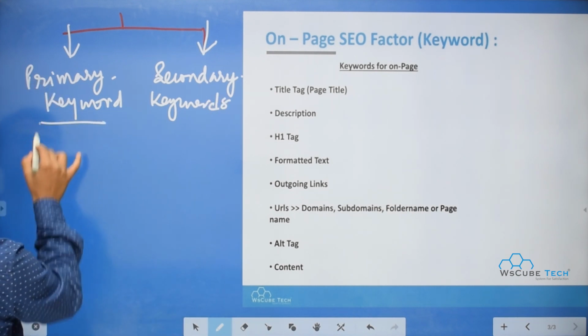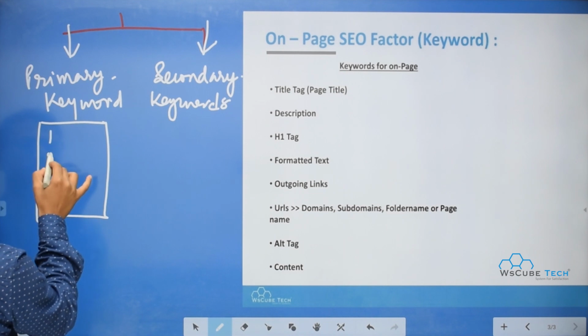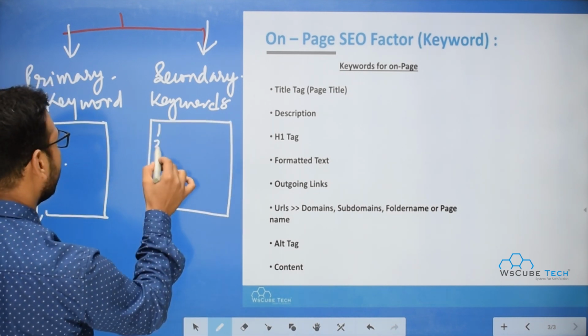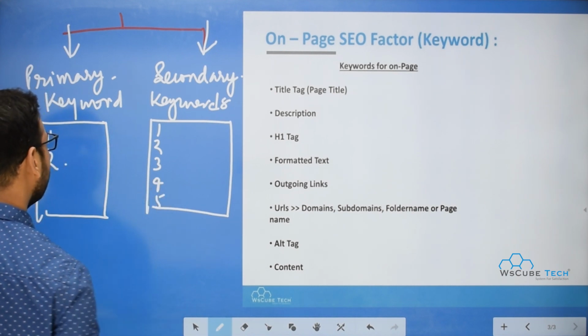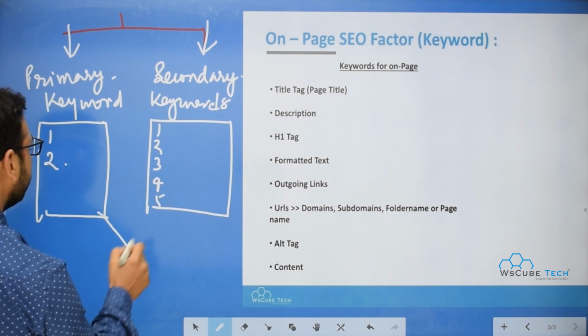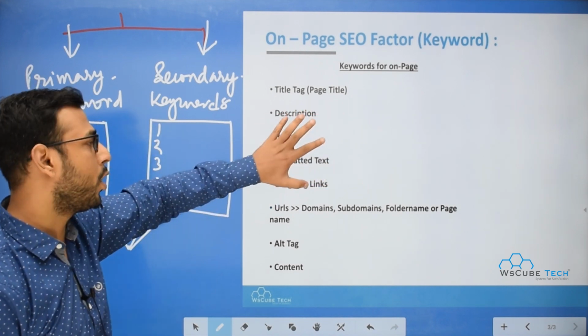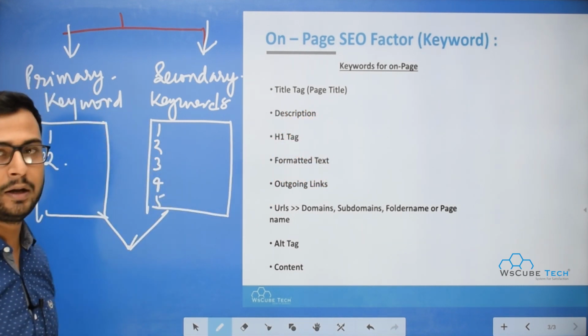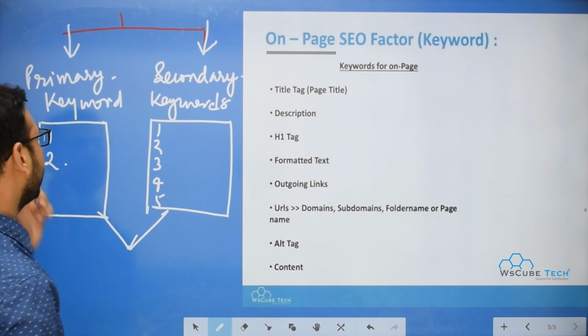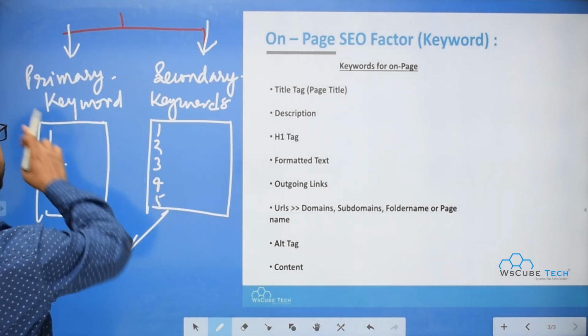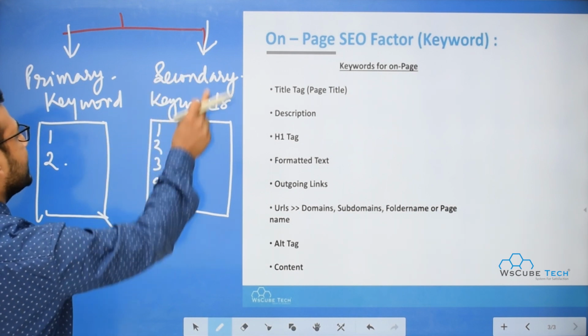So you have a list of primary keywords over here, maybe one or two. Then you have a list of secondary keywords over here, which will be 1, 2, 3, 4, 5, maybe 5. So these are the 7 keywords which you have shortlisted for this particular web page, which you want to rank on these particular keywords, right? So this is all clear, and the list of your keywords is basically divided into two things, primary keywords and secondary keywords.